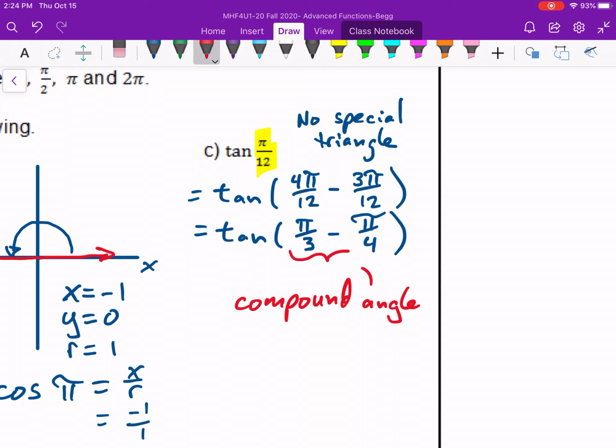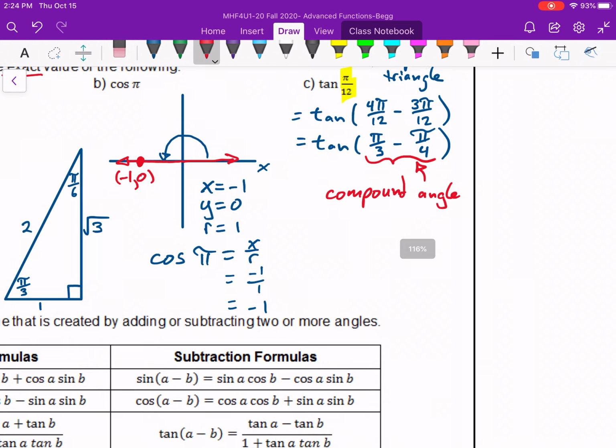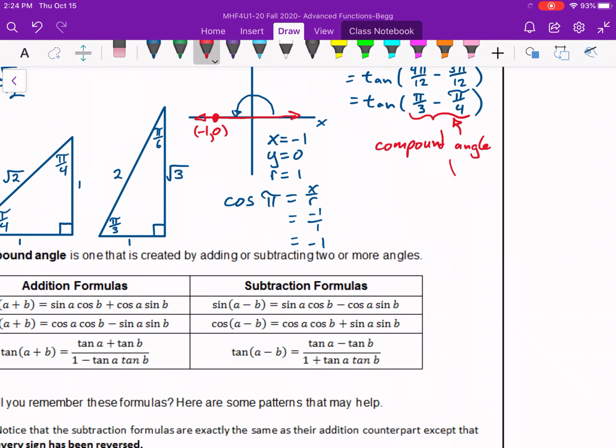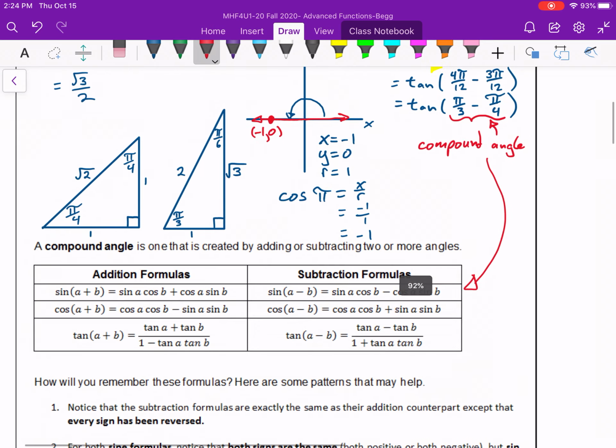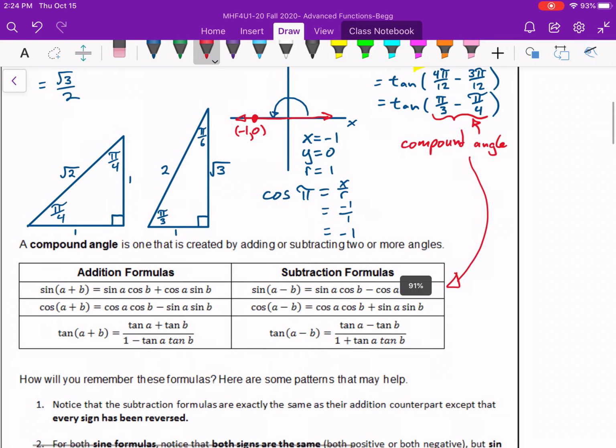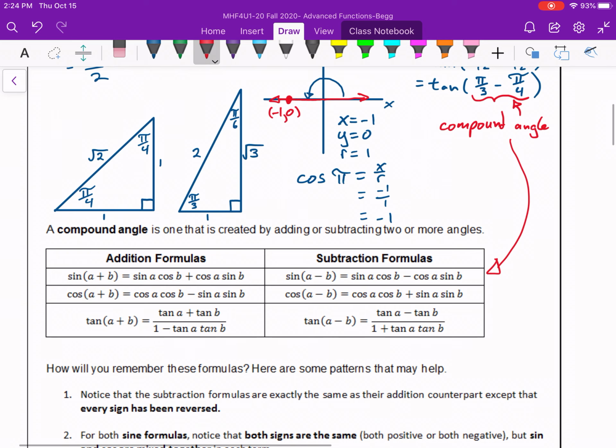This whole thing together is our compound angle, and that's supposed to be the letter D. Compound, slightly better. All right, so how do I work this out? Well, what I do is I have these formulas. And so I have to now pick the correct formula, and then I can use that formula to finish off